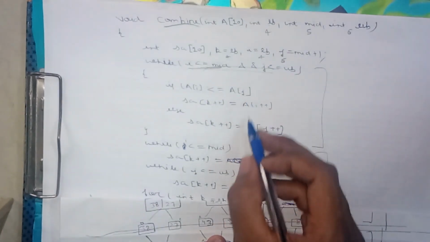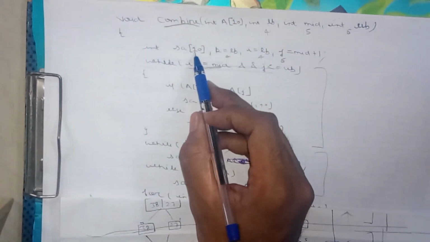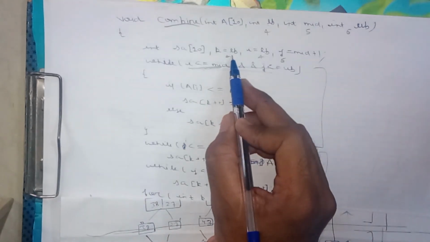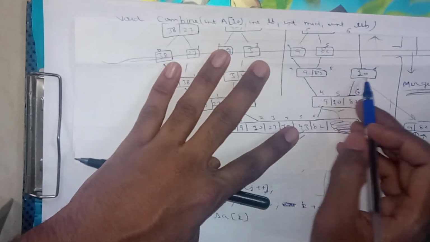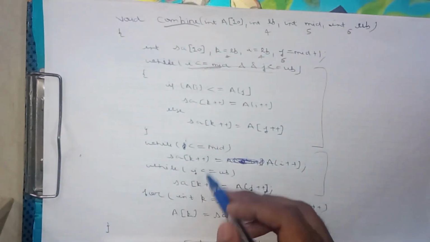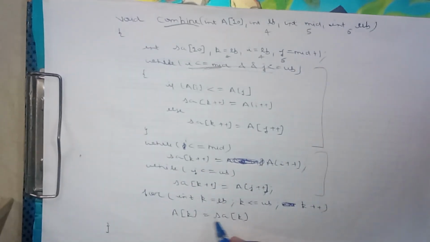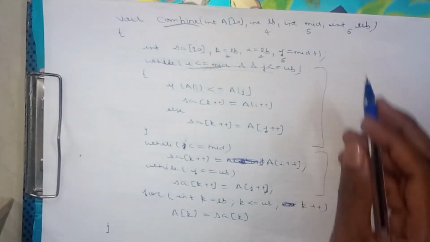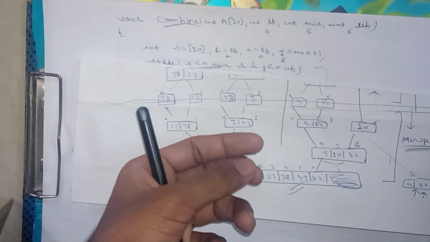In this if and else condition, what we are doing is we are making a new array, and in that array we are storing the elements at the place of k. K is initially the lower bound. Okay, and then finally, suppose we left out some of the elements from both arrays, then using these conditions we can include them in the array SA. And then finally here we are assigning the elements of array SA to the array A, which we initially called. So this is how our combine function is working.